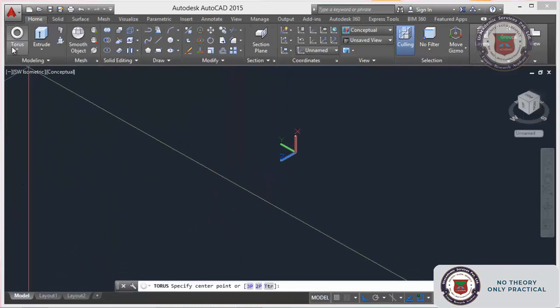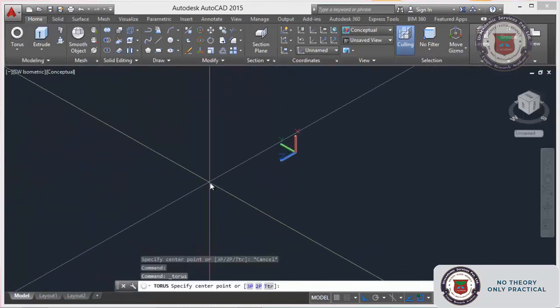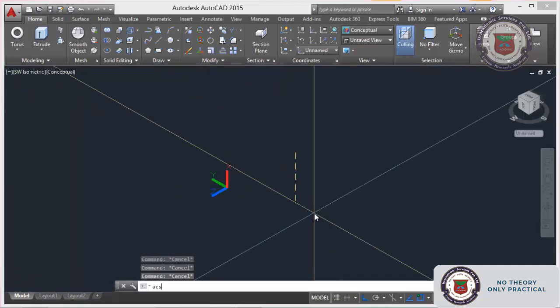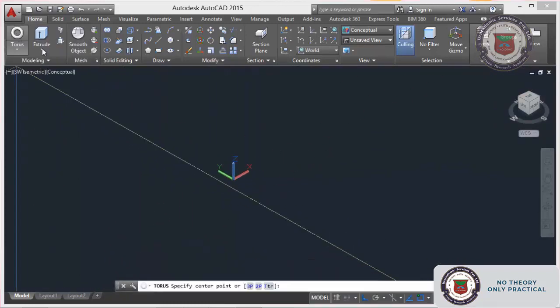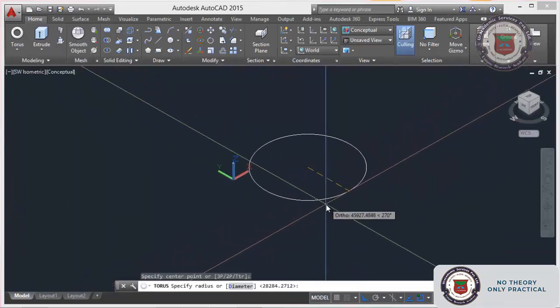Now you can go and click torus. Before that, I want to change my UCS to world. UCS world. Now your world UCS came. Now just click on the torus. It will ask you the center point. Yes, I give.